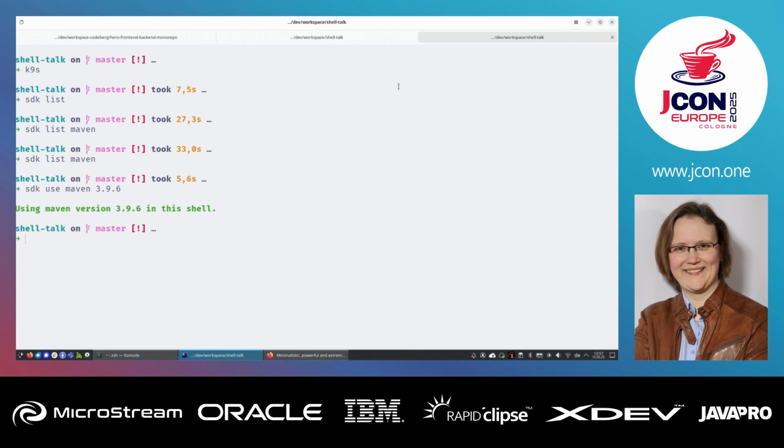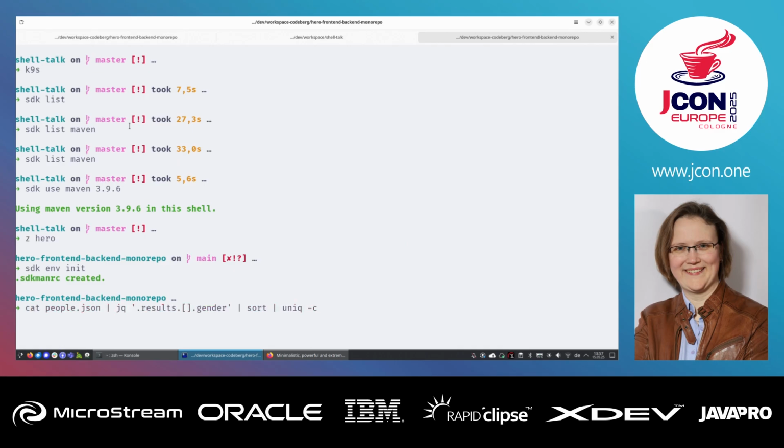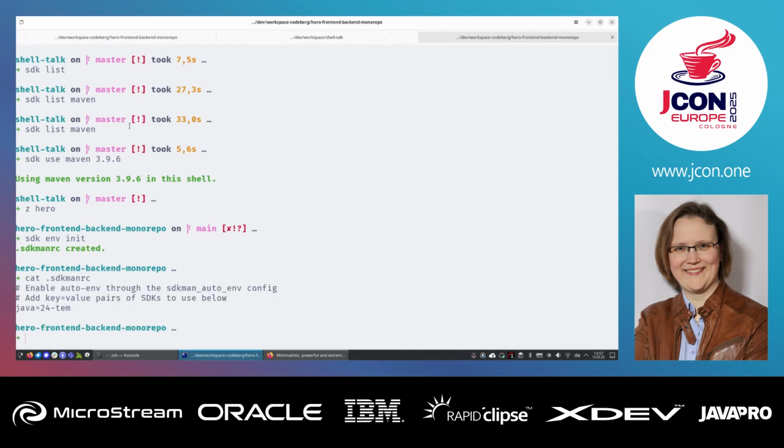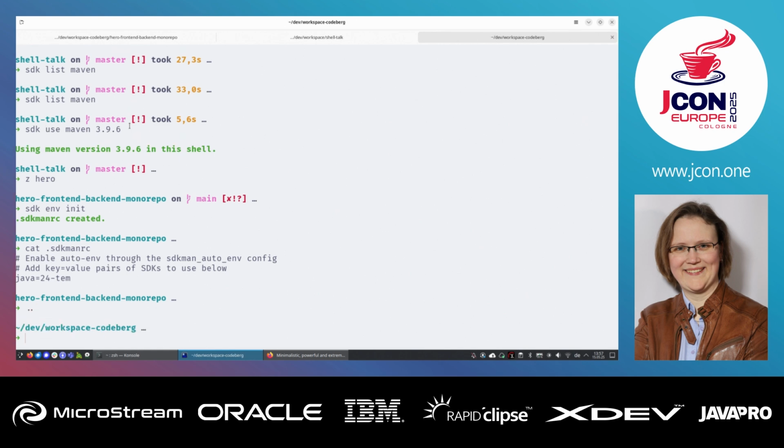So when I want to use the same Maven version every time in my project, I have the possibility to say env-init. Then it creates an .sdkmanrc file. If I look at it, I can see that it's the default Java version I'm currently using. And why is this nice? Because when I go outside and set my Java version